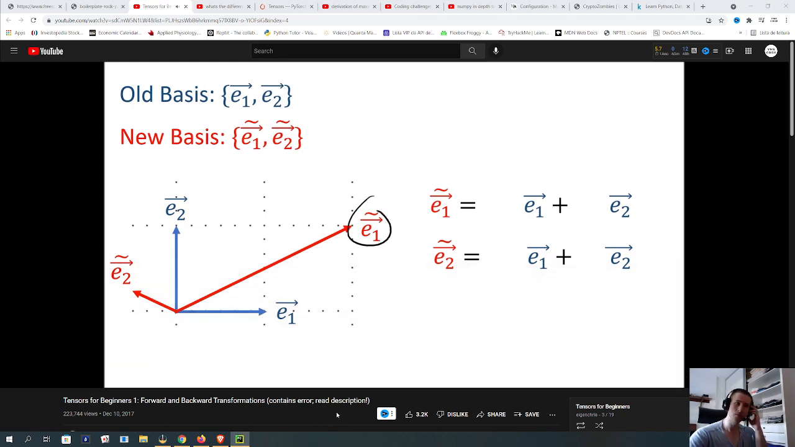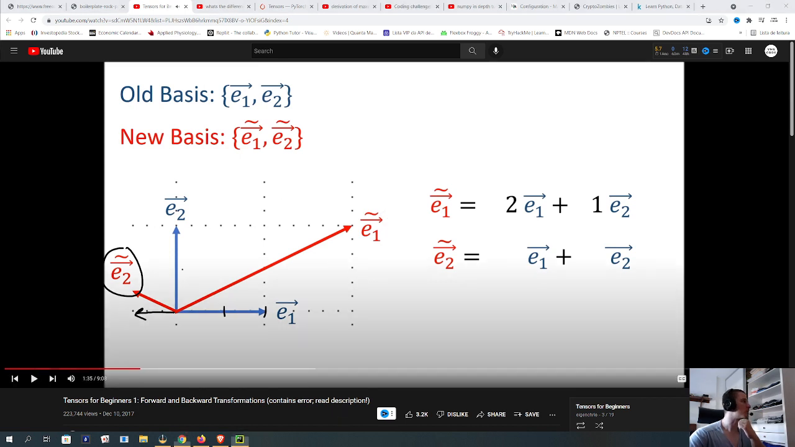So let's start with E1 tilde here. How do we build E1 tilde out of E1 and E2? Well, it looks like we need 2 E1 vectors and 1 E2 vector. So I'll just write that in here. Now, what about E2 tilde? So it looks like we need half of E1, but it's in the